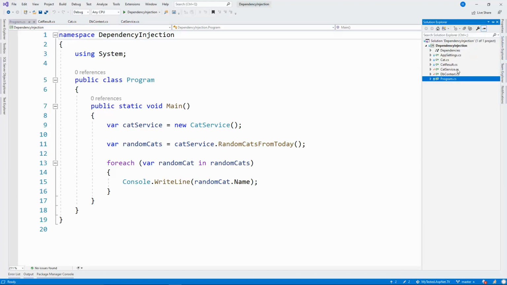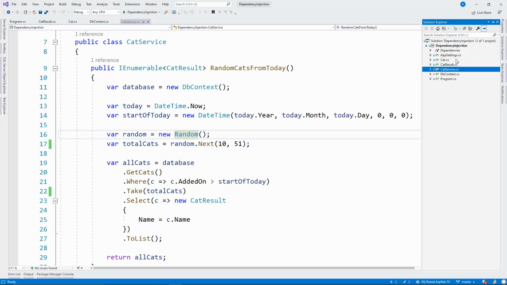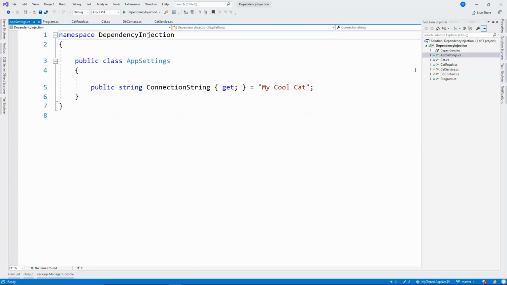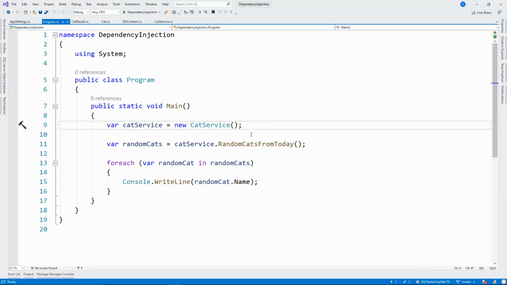So we have business logic, we have a database, and some other classes which we use. For example, the random class, that's an infrastructure class. It helps us get a random number. We have application settings and so on. Okay, so this example here does not use dependency injection, and before we start showing how we can refactor it with dependency injection,